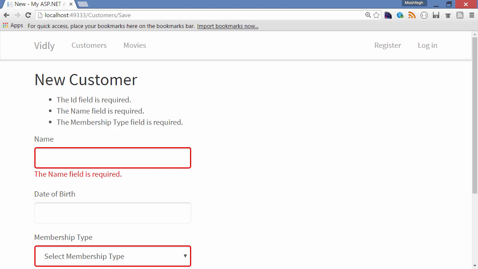Now, interestingly, you see we have 3 error messages. ID, name, and membership type are required. But where is ID? Well, earlier I explained how membership type was implicitly marked as required. The same story applies to the customer ID. So